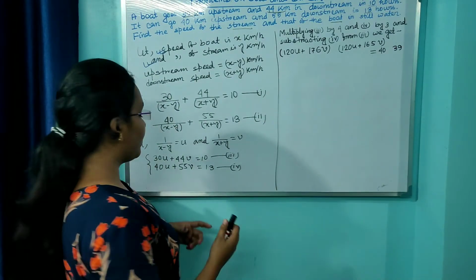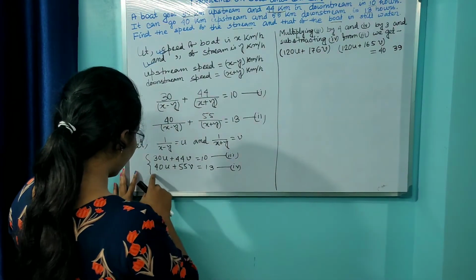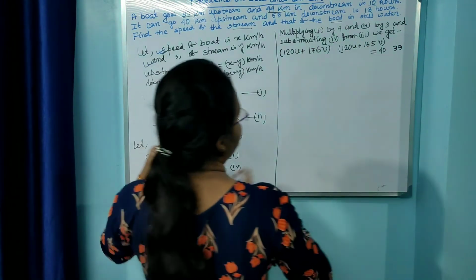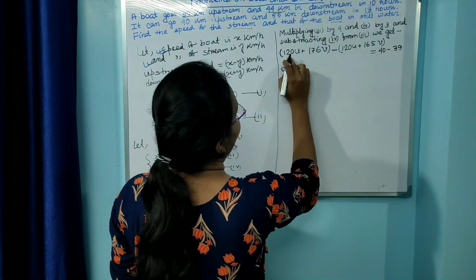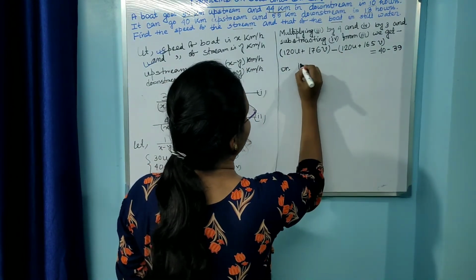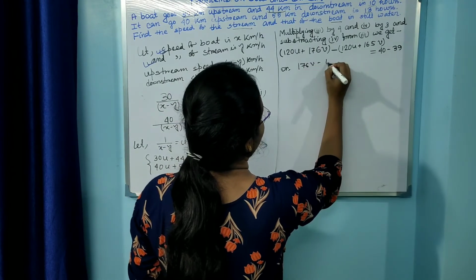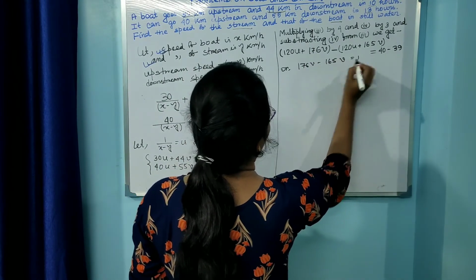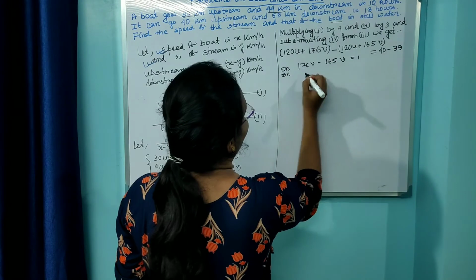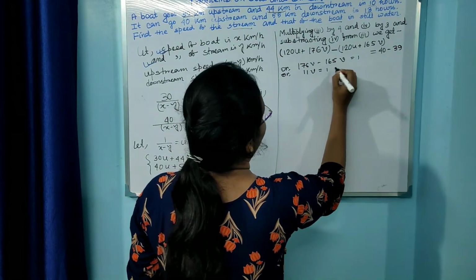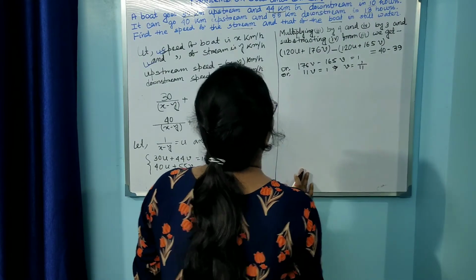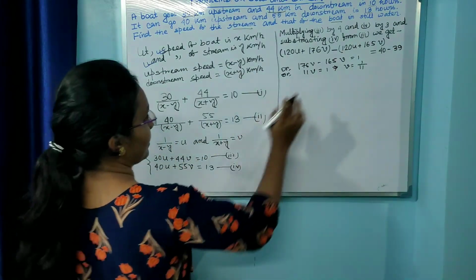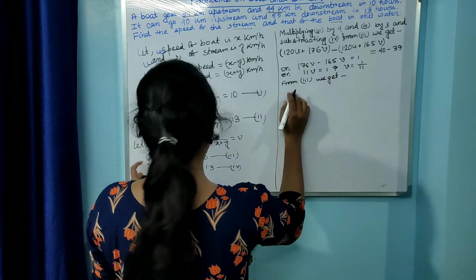So now we have to eliminate. Multiplication is done and we have to subtract because they are of same sign. So give a subtraction sign here, and next line 120 will be removed. You know 176v minus 165v equals to 1. That is 11v equals to 1, which gives us v equals to 1 upon 11. Now we have to find the value of u. Just substitute this value. So from 3 we get